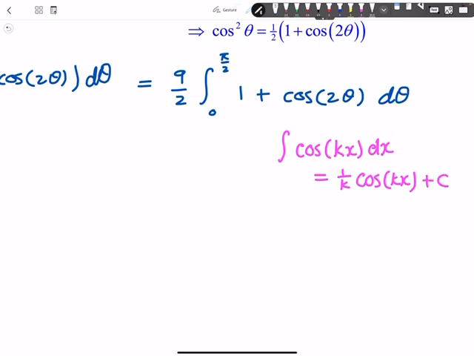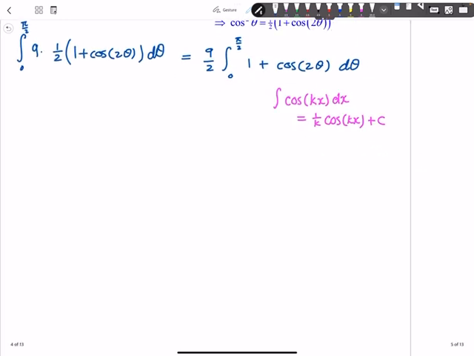And so in this case, we can just use that. So this will be 9 over 2 times. Let's start with 1. The integral of 1 is just going to be theta plus the integral of cosine of 2 theta, according to this little formula that I just shared, is going to be 1 over 2